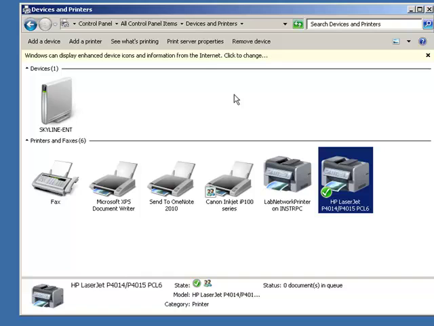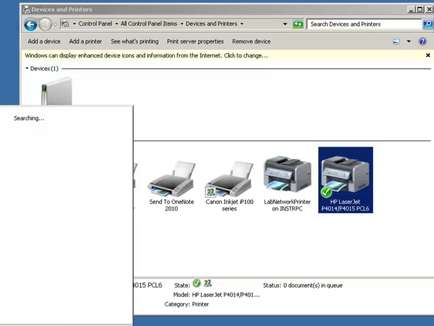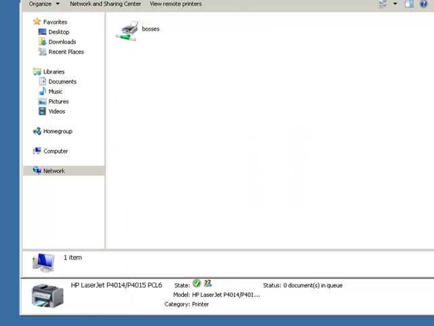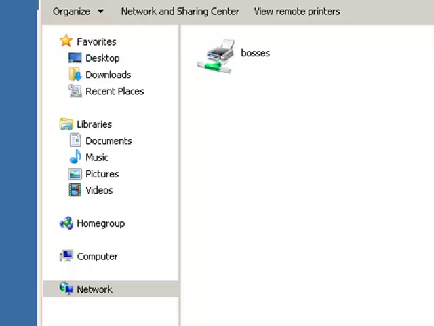The other way that you can do that, we can do the add printer. I like to take shortcuts. \\INSTRPC, right? Well, this one, we shared this. I changed this to bosses, so we have a bosses shared here. I didn't get to where I thought I was going to get, did I? So you can do it at the run line with the \\computer name\share name, and get to the resources just like you can with any other shared resource, or you can add it through the printers itself, through the print devices itself. Are there questions about